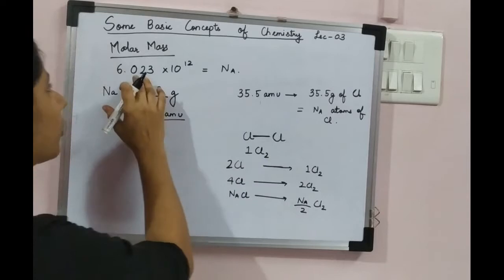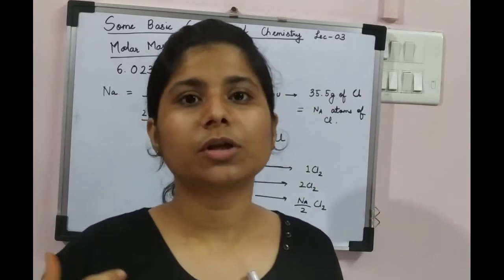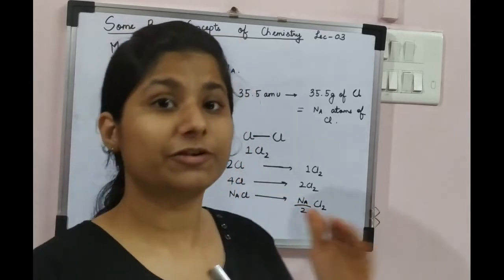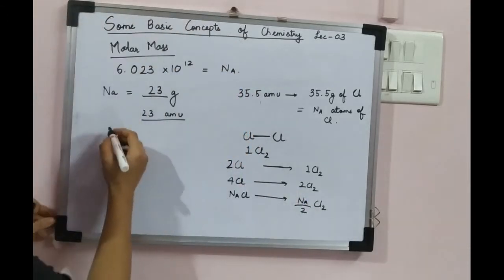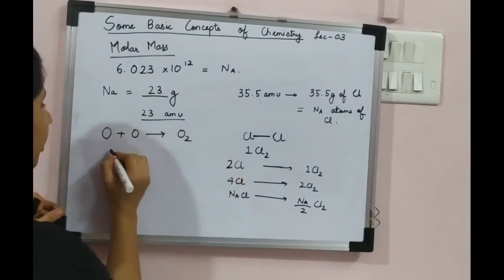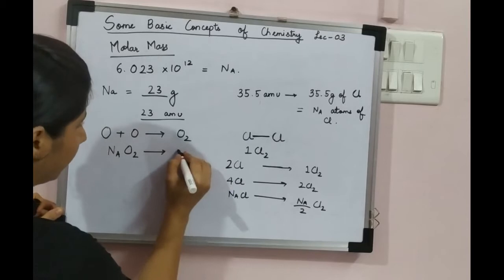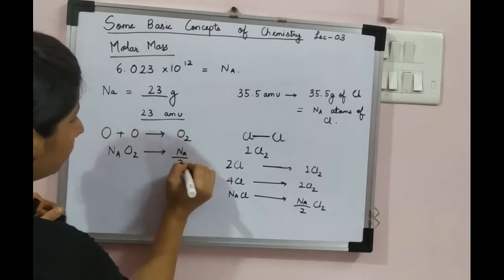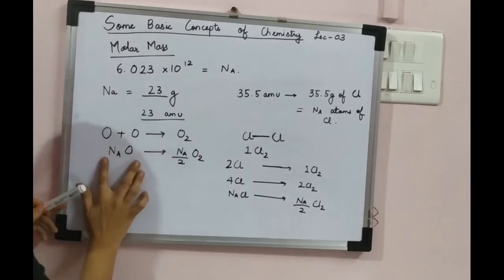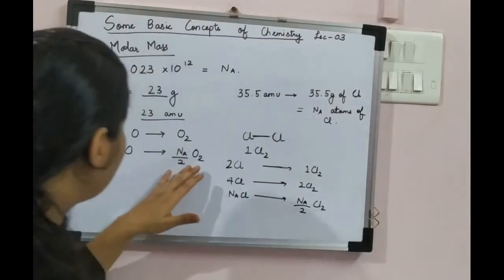So if I have Avogadro number of chlorine atoms or any gaseous atom and it forms a diatomic molecule, the actual number of molecules would be half of it. Similarly, it would be the case for oxygen. So oxygen plus oxygen forms an oxygen molecule. Now if I take Avogadro number of oxygen atoms, it will give me Na by 2 number of oxygen molecules. Sorry, I am taking any number of oxygen atoms, so any number of oxygen atoms will give me Na by 2 number of oxygen molecules. So for diatomicity this is the case.